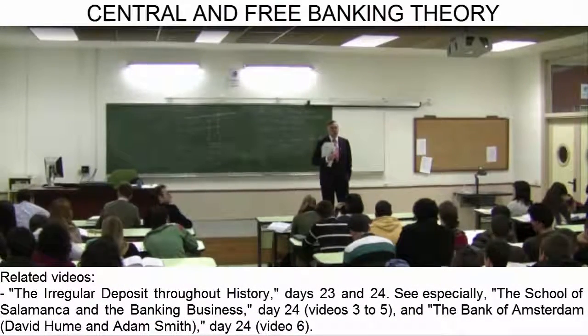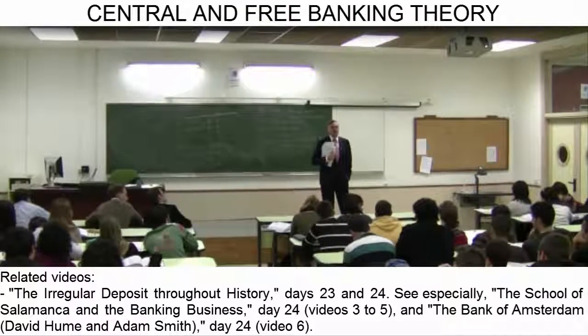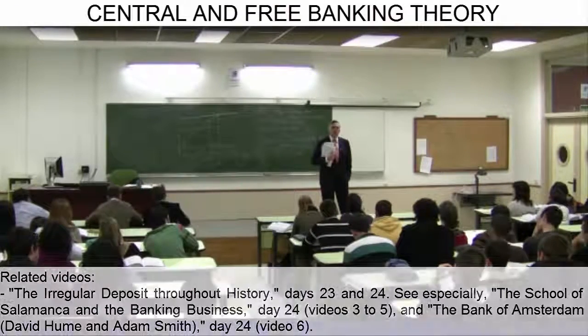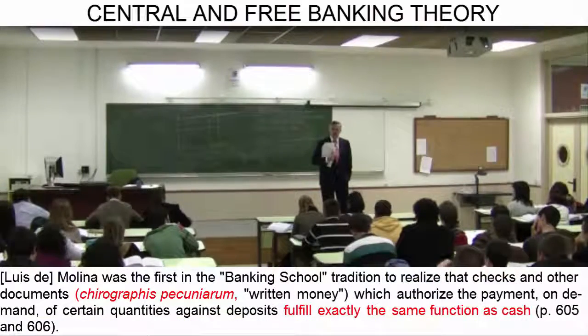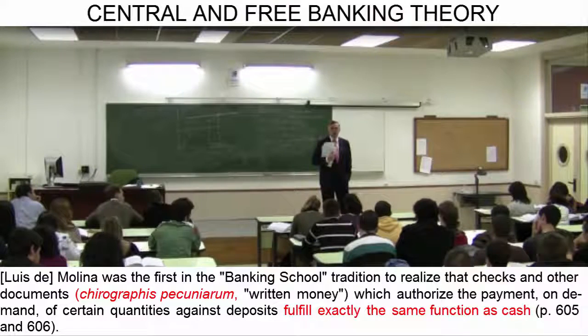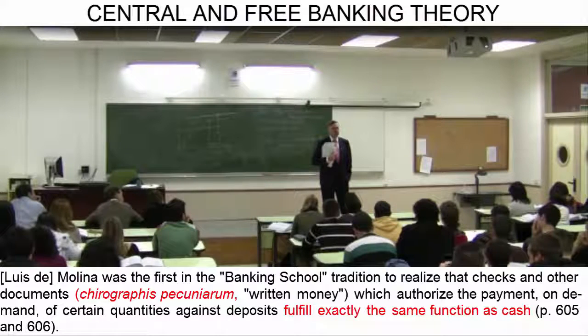out quite a relevant analysis of how banks operate and the effects of fractional reserve banking. They made important contributions 3 centuries earlier, which unfortunately were forgotten. For example, they realized that deposits form part of the money supply just as paper money does. We have already covered this. Luis de Molina used the term cheirographis pecuniarum, the written money banks generate as a mere entry in their accounting